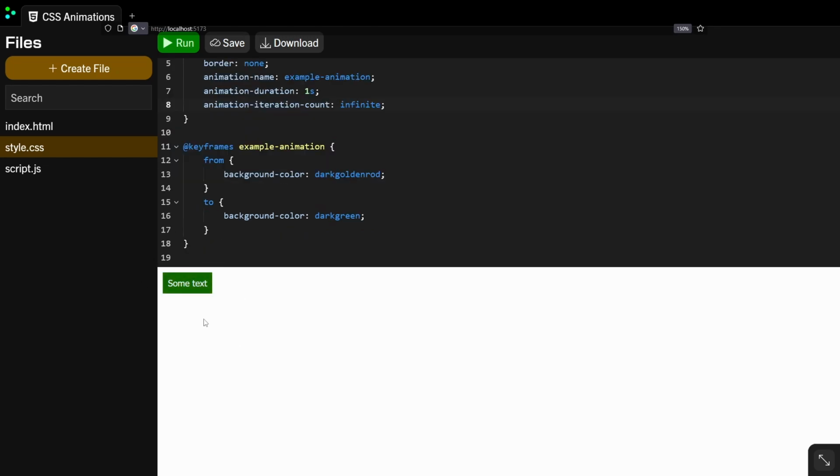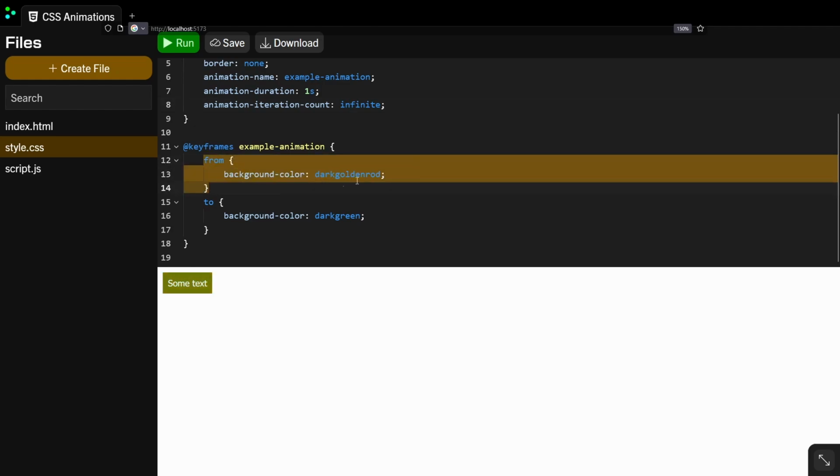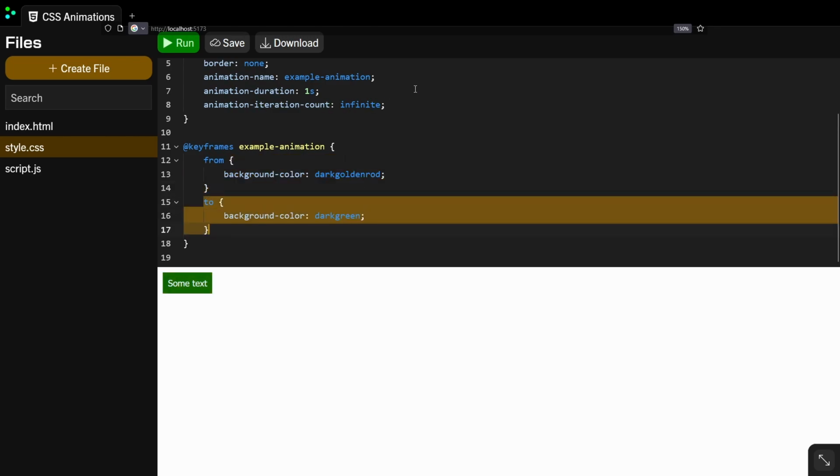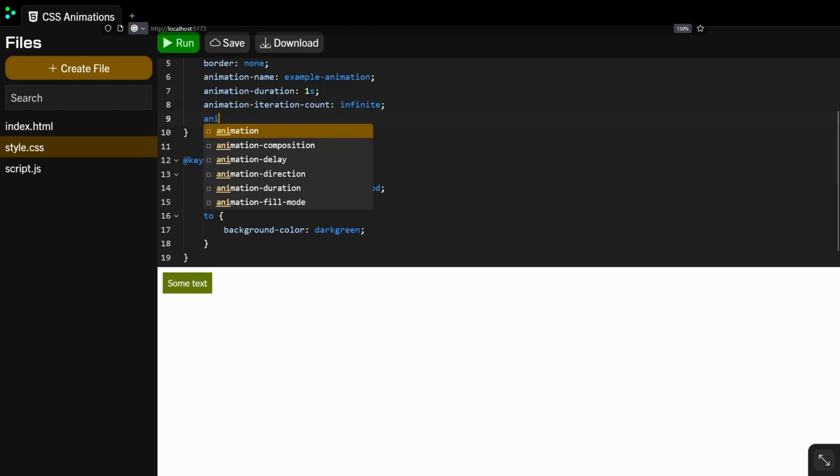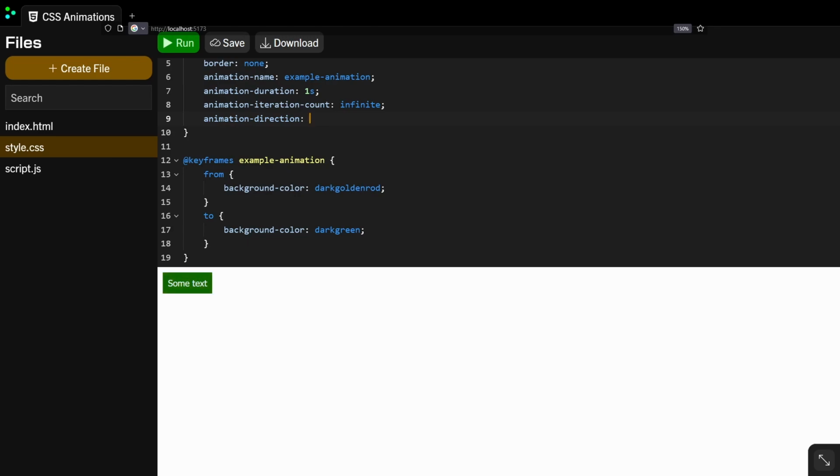However, currently it only goes from one direction. From this dark goldenrod color to this dark green color. But we can change which direction the animation plays with the animation-direction property. This can be set to normal so that it plays in the normal direction, or reverse so that it plays